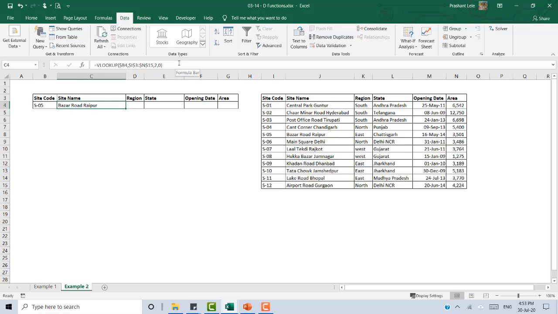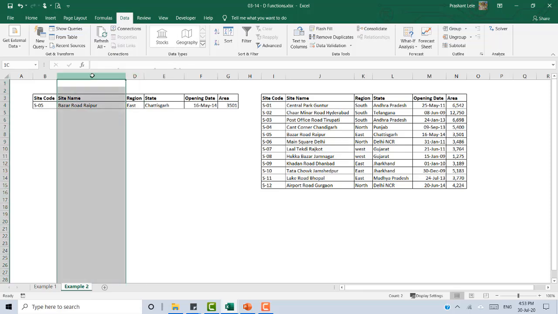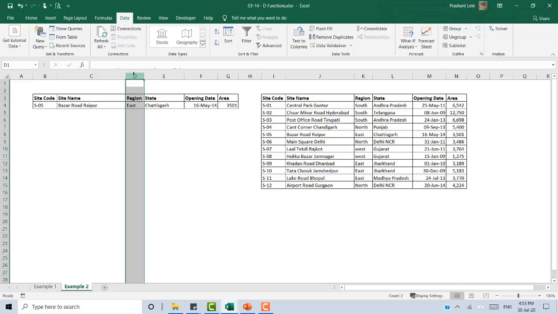Okay students, now you will say that you have a shortcut that I told you during the array formulas lecture, that we can use an array formula here like this. Instead of 2 we can write all the numbers in curly brackets, 2, 3, 4, 5, 6, close the curly bracket, and press Control Shift Enter. Yes, this you can also do, but in this case, suppose I want to move the region column from here to here like this. I cannot add a row in between.